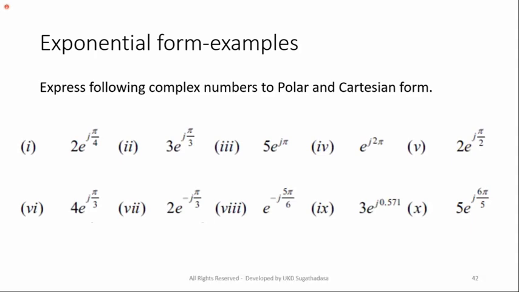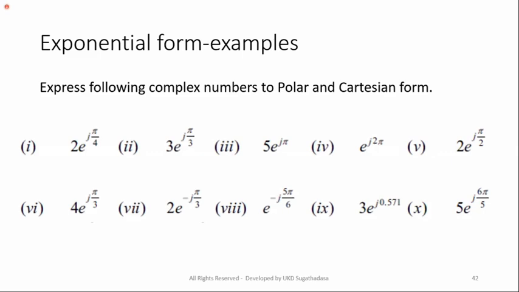These are some exercises, right? You have to do them. I think we have done some. This is some example. I am not going to discuss every example. These are other ways. Express the following complex numbers in polar and Cartesian form. See, now the conversion is different, not the similar one, right? The complex numbers are given in exponential form.